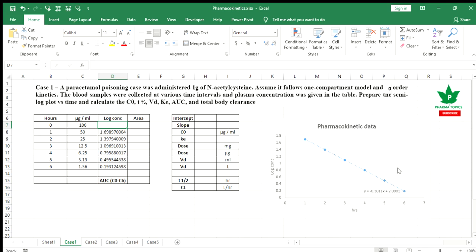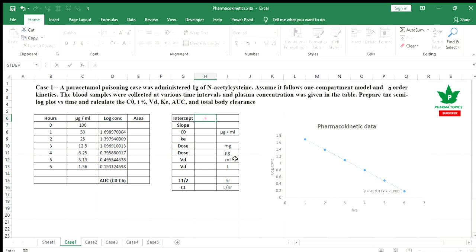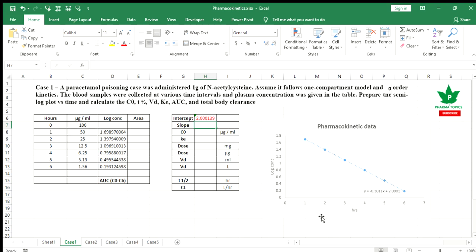It has a slope and an intercept value. But we can calculate the slope and the intercept value. Let us calculate the intercept. Give intercept, then the known y's, where y is the log concentration, comma, and x is the hours. So this is the intercept. You can check even in the slope plotted by the Excel graph, it also shows the same value.